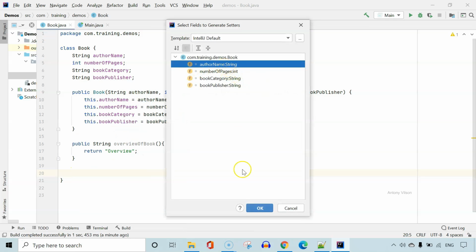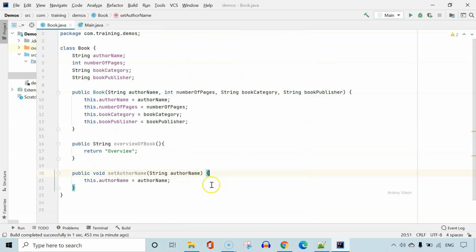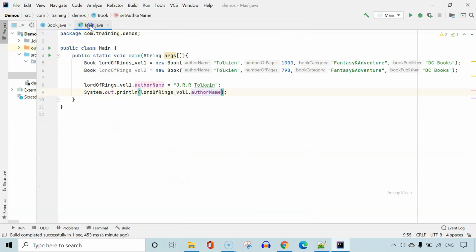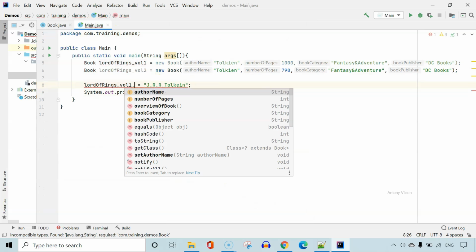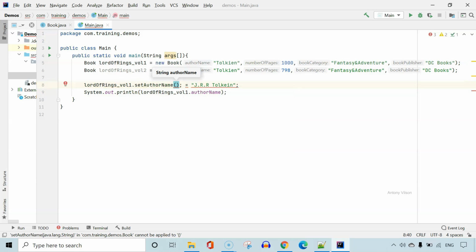Currently I'm giving for only author name. Okay. So here we can call dot set author name. Then we can pass this value. Okay. Now I'm going to run this program.